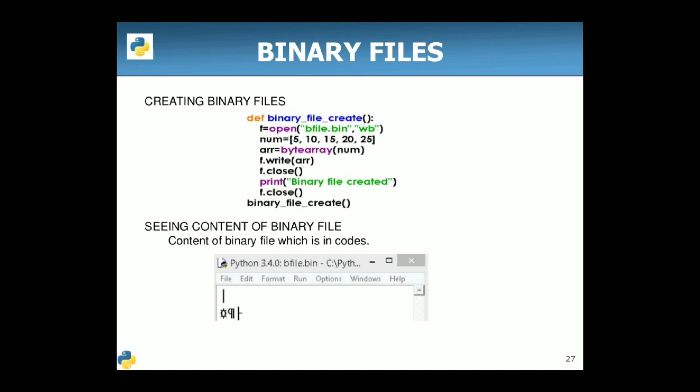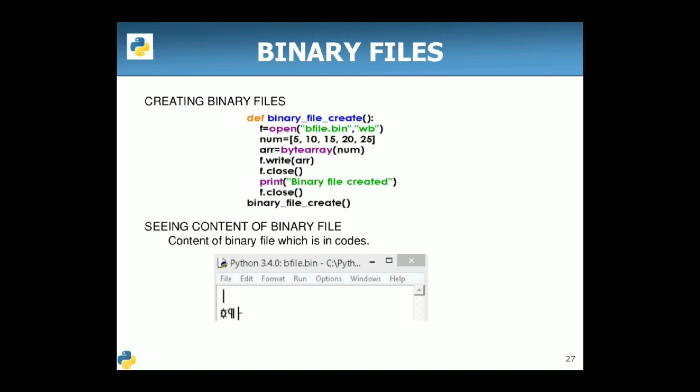Next we have generated a list with the name num equal to 5, 10, 15, 20 and 25. So these are the 5 values in this variable num, which is a list. Now I am using the bytearray function to convert this given list into a stream of bytes in the form of an array. The reason is that in files everything is written in the form of bytes, right?